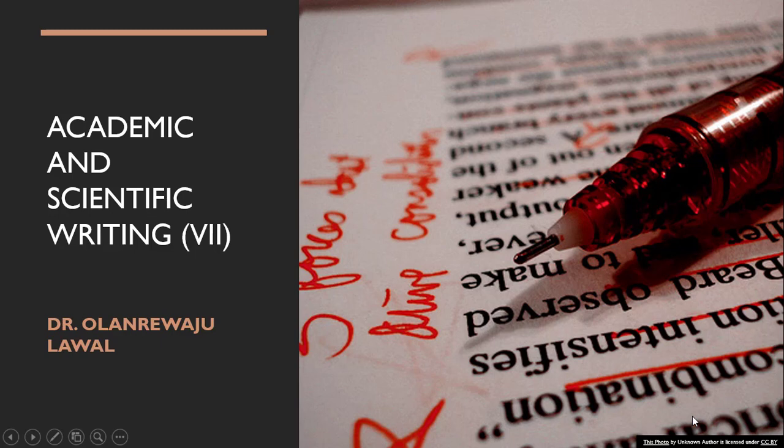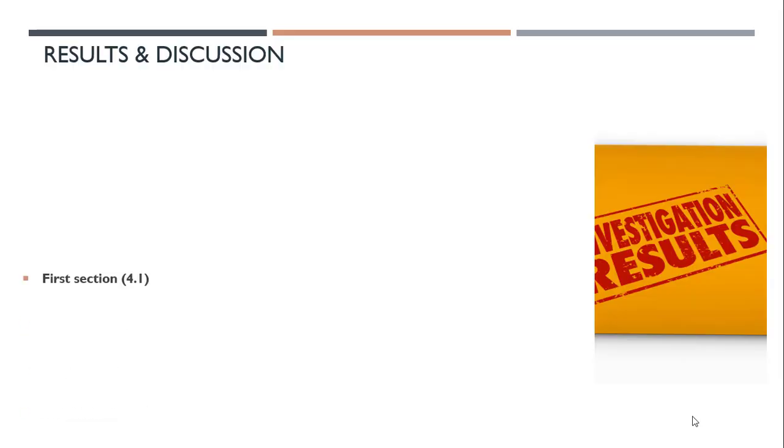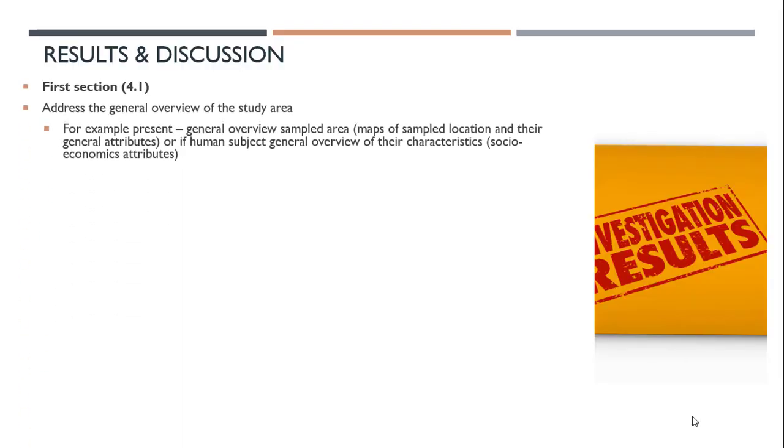We've looked at introduction, literature review, materials and method or methodology. Now let's move on to results and discussion, as well as other aspects that finish up your reporting of scientific research. Depending on the guideline that you have been given, your chapter 4 should be your results and discussion. So the first subsection,